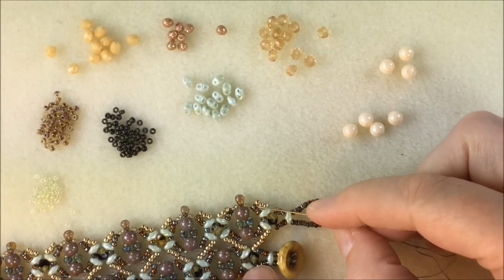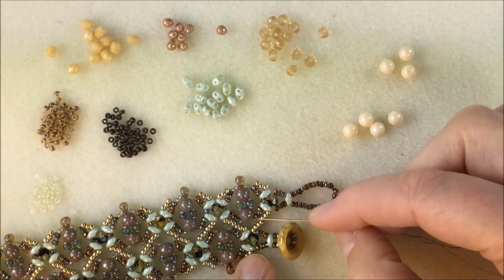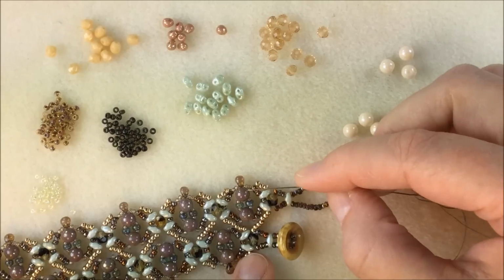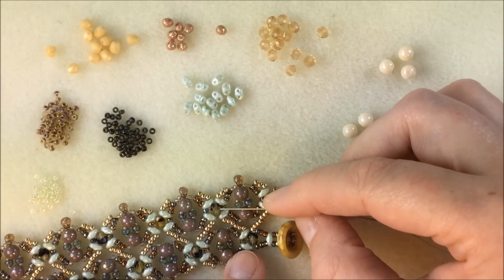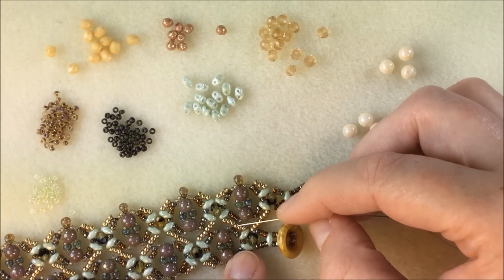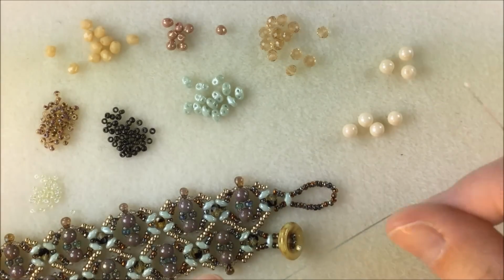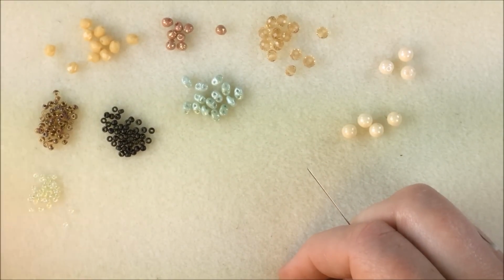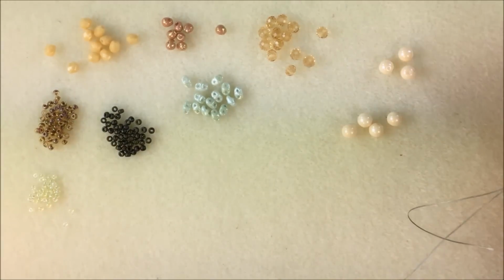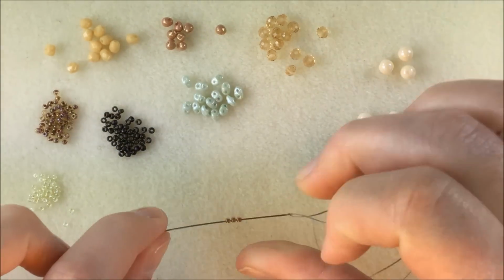We're going to create half of this diamond here. It is going to be a little crescent shape. We're going to then add the RounDuos in the center and then create the other half, the second crescent over here. I have my needle and thread here with a stop bead at the end, and I'm ready to begin my first diamond. I need 3 of the outside color of my 11s,